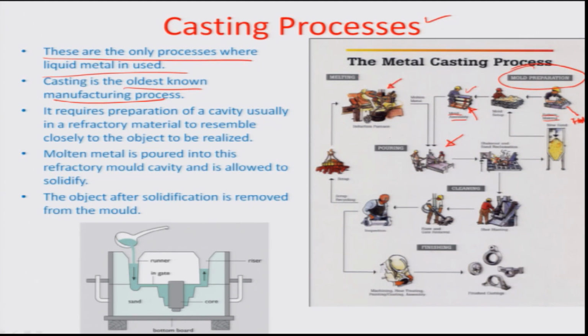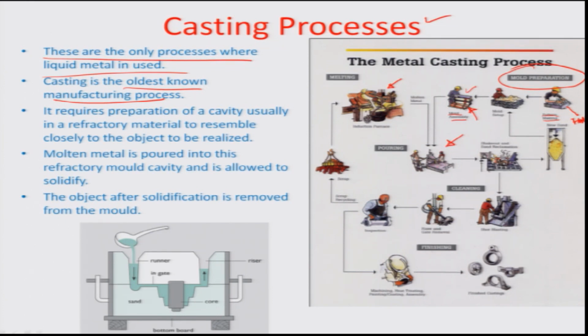So once the mold is ready, on the other hand, if you have liquid metal, so obviously you will have to heat the pieces of metal together in a furnace and take it to the melting point, so that the material gets flowable or fluidic or liquid in nature, and then this material can be further superheated also if you wanted the solidification process to be more controlled, etc. So therefore, the liquid metal is poured into the mold, and